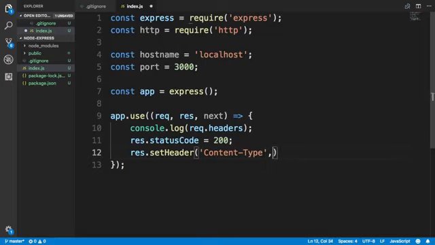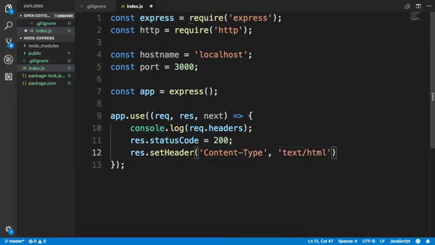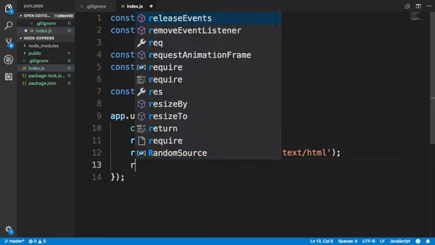So you notice that much of this code looks very similar to the way we set up our node application. So we'll say res.end, and here